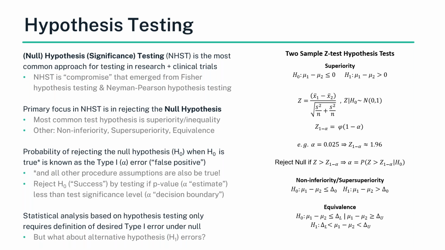But in practice, we have what we call this NHST framework, and it is still by far the most widely used in real clinical research, in real clinical trials. There's a whole debate about whether it should be, but that is the reality of where most research is at the moment. And NHST, in terms of the history of it, is basically a compromise